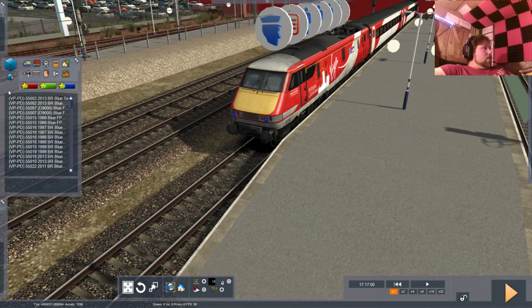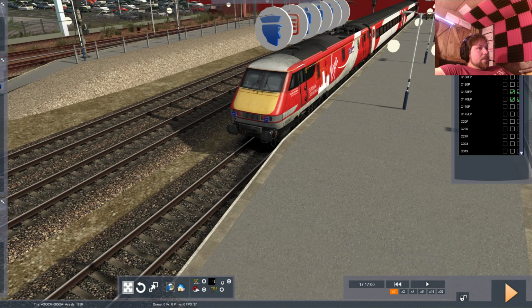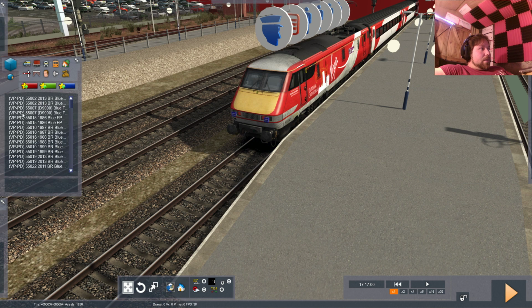So what we need to do is click this button here, which is the little box with the arrow. Click that, and then we come over here, and this is all the different packs within a folder. Remember, if you've watched the other stuff, we're talking about the folder structure within the assets folder. That is this. So what I want to go to with this one is AP Wagons, and then I want the class 90 pack. Okay, so now I've got the class 90 pack there. I come over here